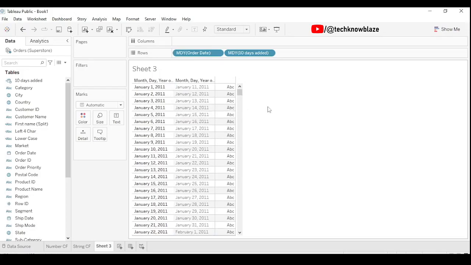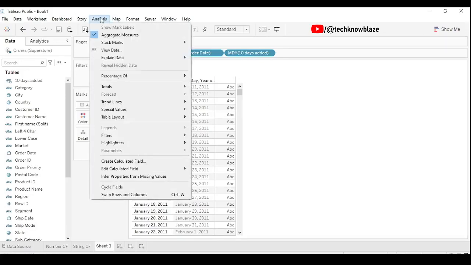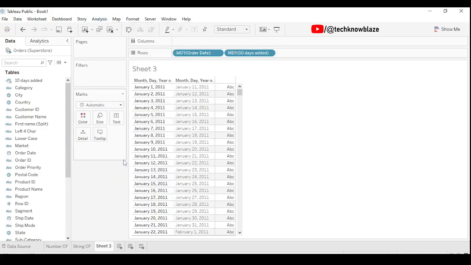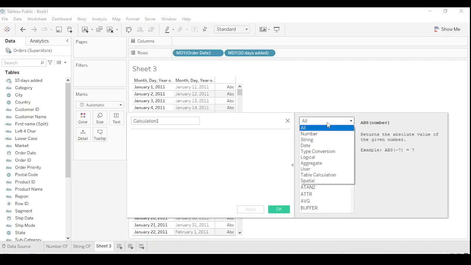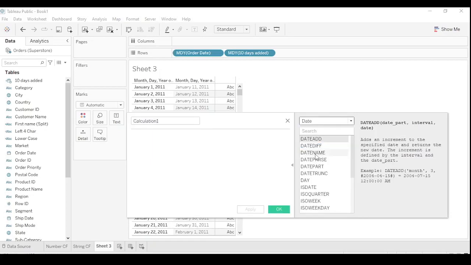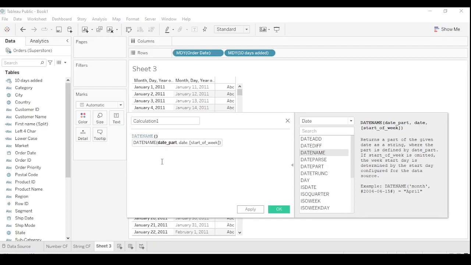Now we will try the date name calculated field. We are going to select date name in the created calculated field. Here, we mention which part of the date we are going to name. So mention month, comma, the data which we are going to use is order date.